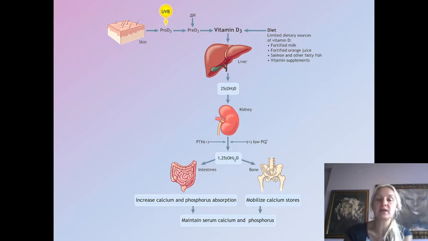D or 1,25-dihydroxycholecalciferol in kidneys, and this is actually the active form of vitamin D, which even exhibits certain hormonal function, and it affects intestine and bones in terms of maintaining the homeostasis of calcium. So it affects intestines, thus increasing calcium and phosphorus absorption, and it affects bones and increases the mobilization of calcium